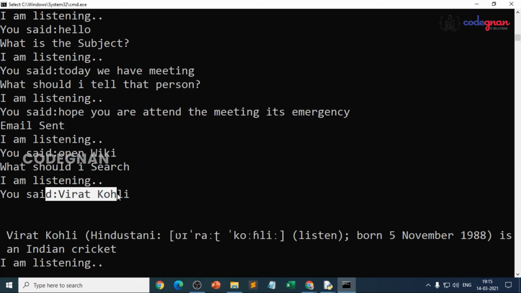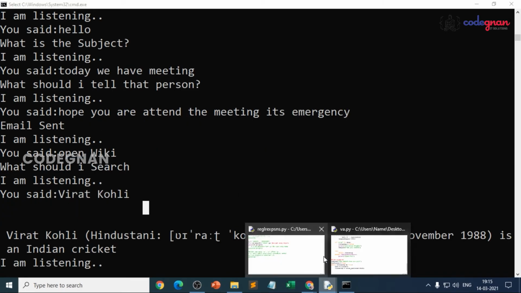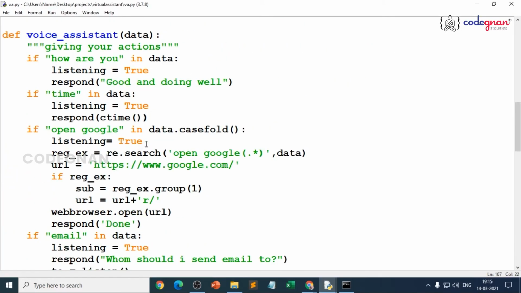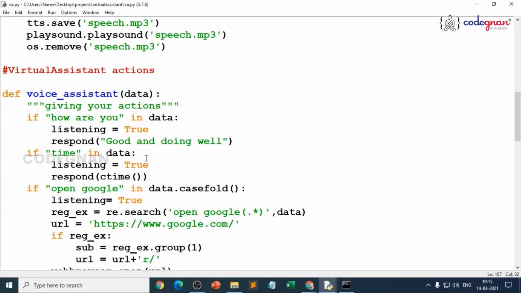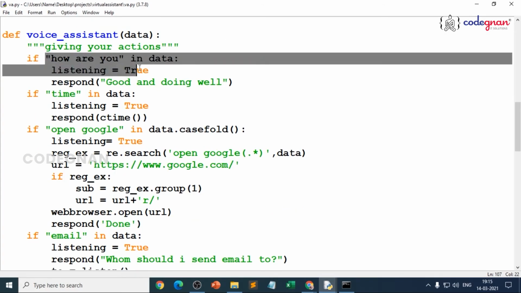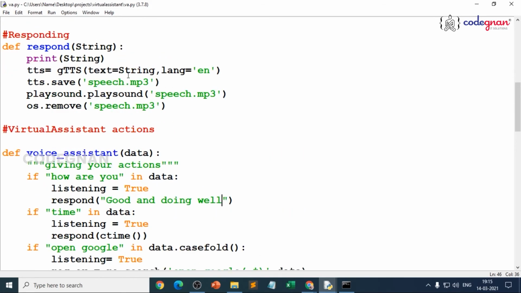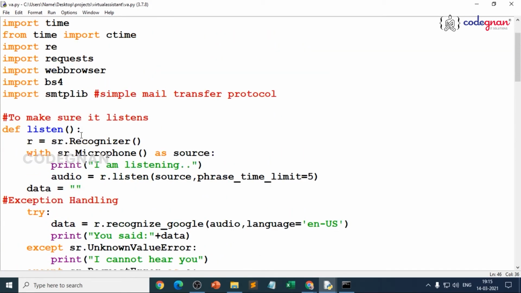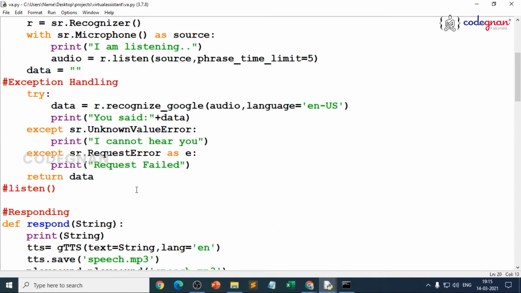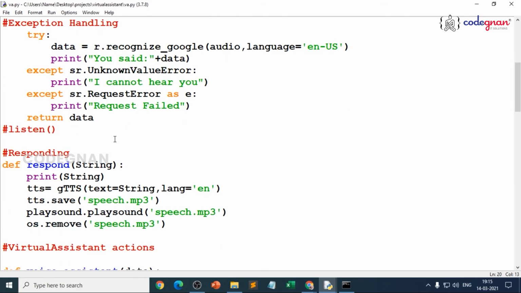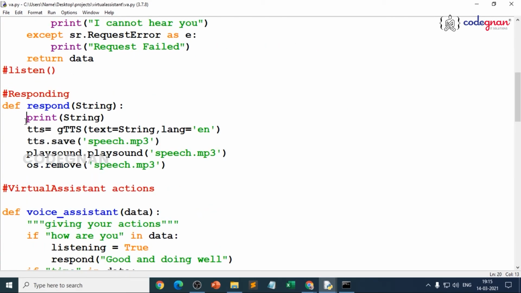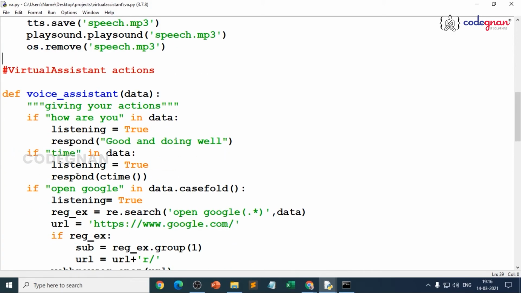Just make sure how you scrape from the web, because that is how we have given in every function. The code is long, but just go piece by piece through how we have described it. It all depends on how we write the function here with the condition and how we are responding, because we made it with speech recognition, where we gave a listening function, where whatever we speak, the text is printed there, and how we respond to that. So that response is saved with the speech.mp3, and for everything we just gave respond.